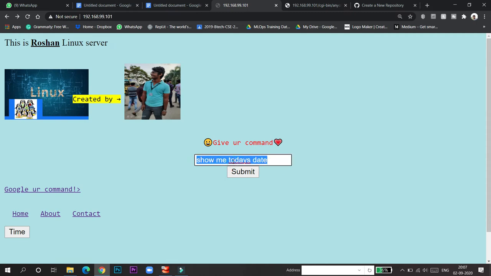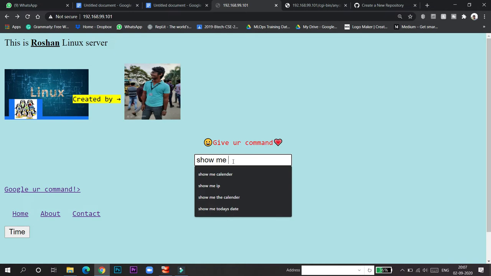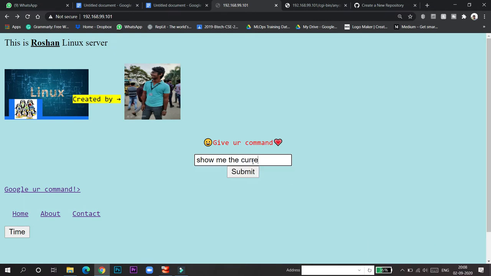Next we can see the present working directory. Actually the real command is pwd, but here I have written show me the current folder I am working in right now. I have not written the pwd command.